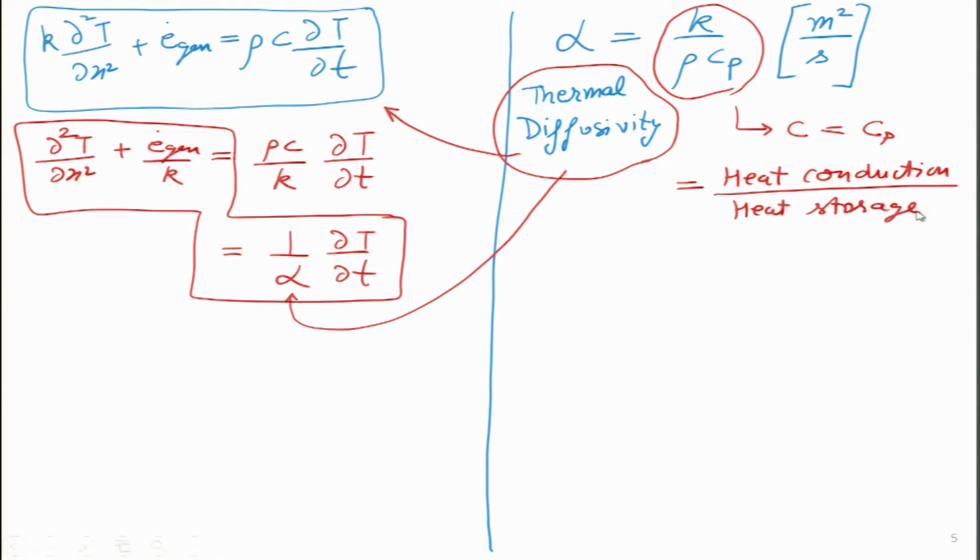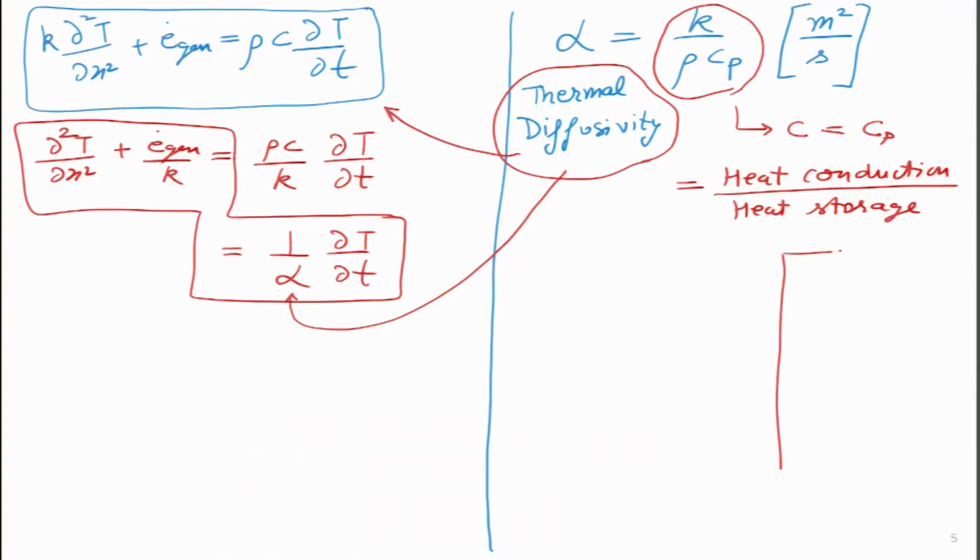In other words, take a material, let us say a hypothetical material which has very low specific heat. So, the denominator is Cp, which is having very low value, and in the numerator k value is very high. So, it is a very good conductor. So, the amount of heat it will store is very less, and the amount of heat that it will transport is very high. So, for that particular material we can clearly say that the thermal diffusivity value is very high.